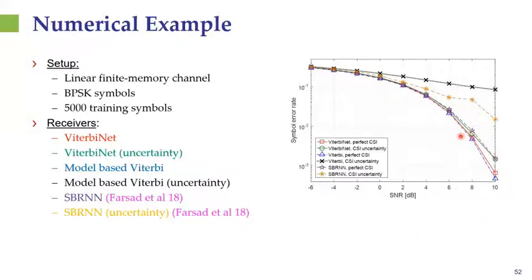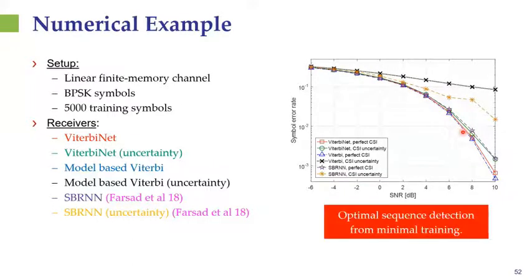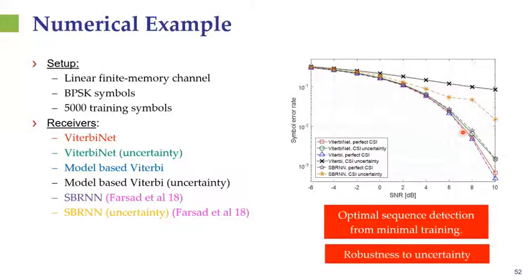However, the green curve here, this is ViterbiNet trained using the same level of uncertainty, namely over a variety of different channel conditions. And as we can see, it actually obtains a performance which is very close to as if it was trained using the exact same channel conditions over which it is tested. Namely, by using machine learning tools, embedding it into a symbol detection algorithm, we're able to robustify it. We're not only able to approach its optimal performance, namely we're approaching a maximum likelihood sequence detection using a relatively small number of training sets, we're also improving robustness to uncertainty.